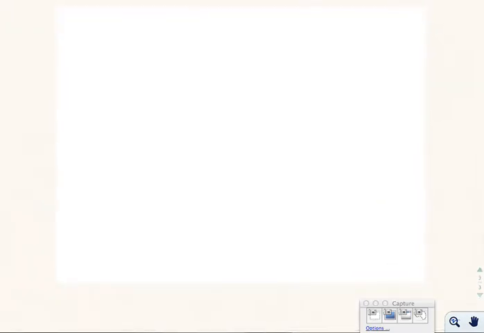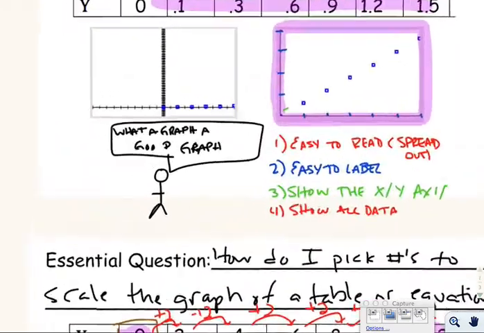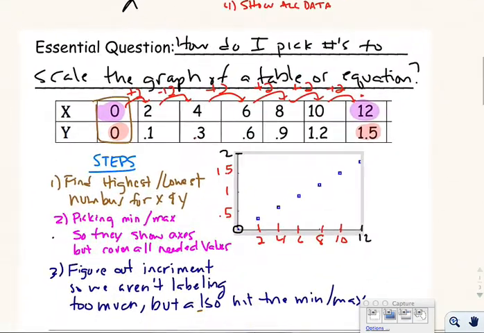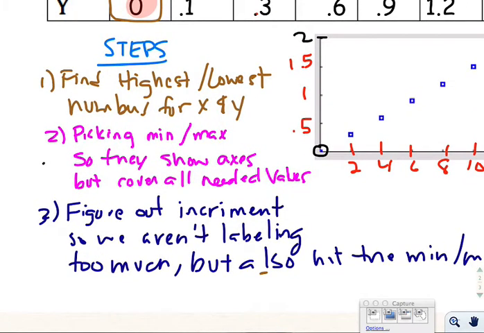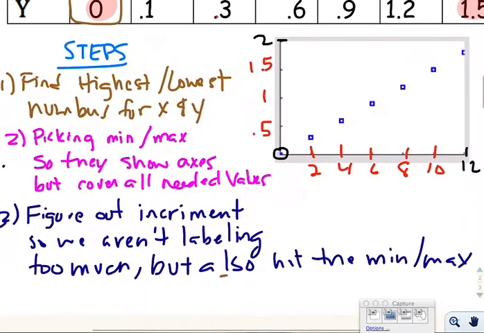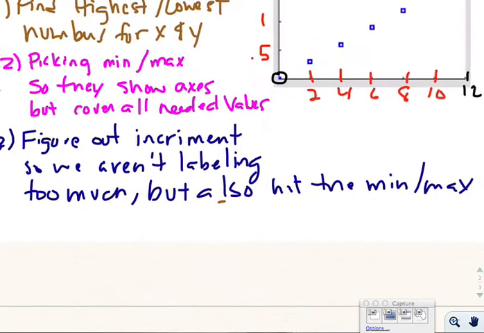Okay, so if I want to bring this to a conclusion, it seems to me we decided some really good things. So 1, what a good graph should look like. 2, it seems like we can answer our essential question: how do I pick numbers to scale the graph? And we're going to do that by looking at the highest and lowest numbers for x or y in a table, even if I have to make that table myself. Pick the min and max numbers so that it shows the axes, the x and y, and they cover all the needed values. And then figure out what increment